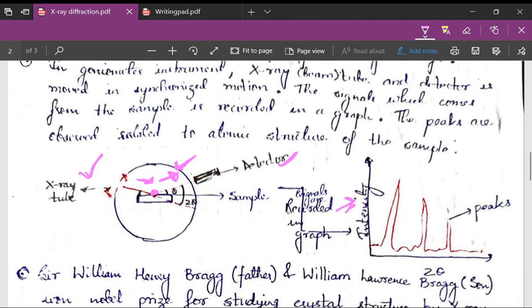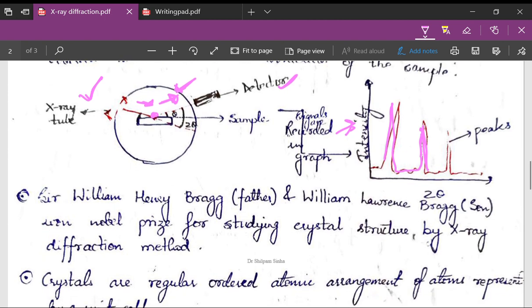On this upside there is intensity, and on this side 2 theta, and the signals are recorded in the form of peaks. First signal will have a large peak, then second will have a relatively smaller one, and in this way peaks